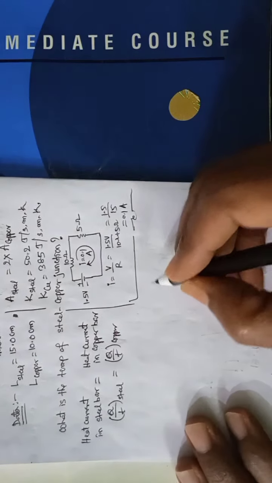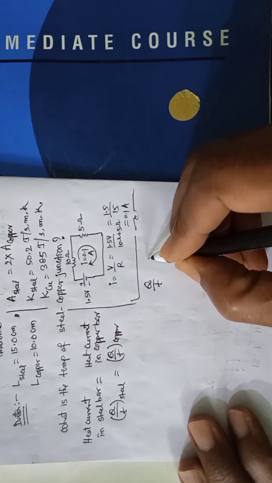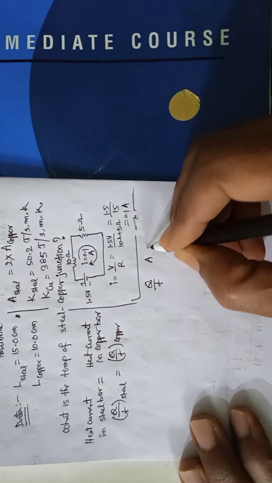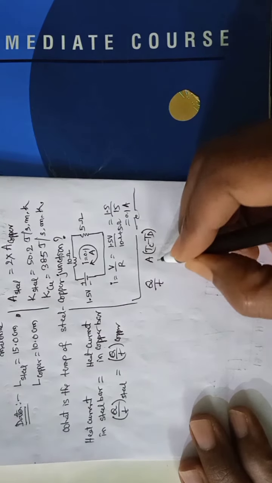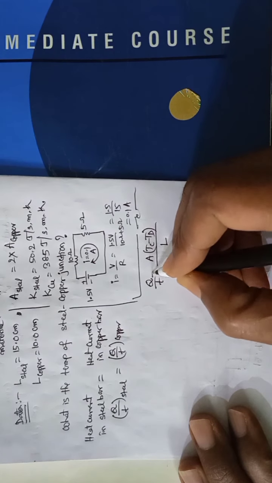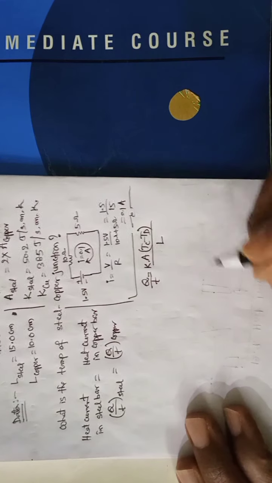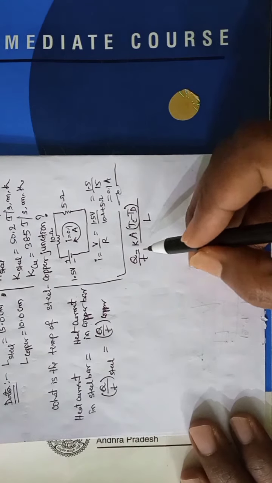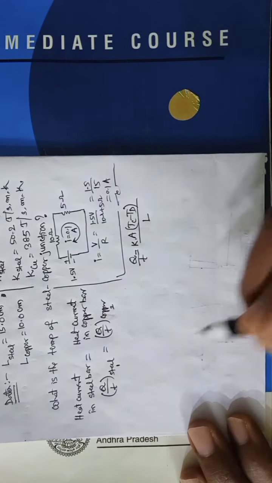And we already know Q by T is directly proportional to the area of cross section and temperature difference, and inversely proportional to the length of the bar. And when you put an equal sign, here thermal conductivity comes. So this is the formula. So let us write here for steel; for steel, let us take 1, and for copper, let us give the number 2.